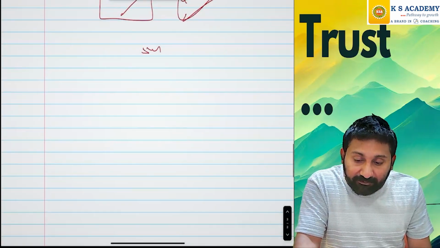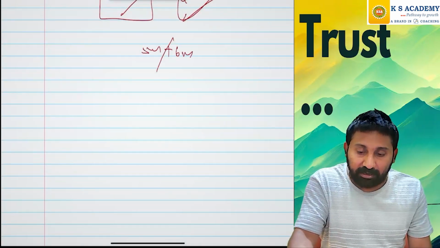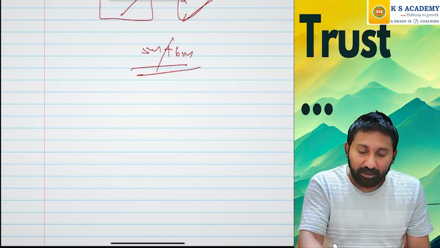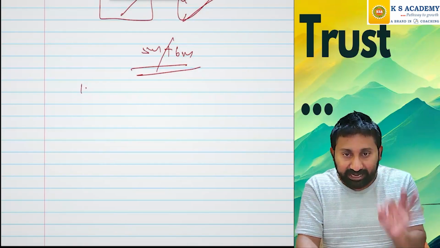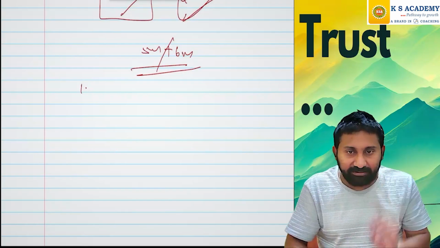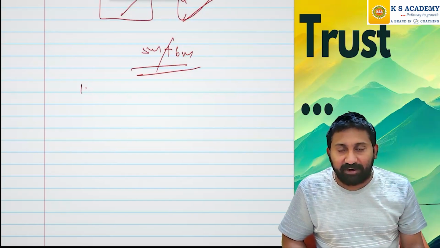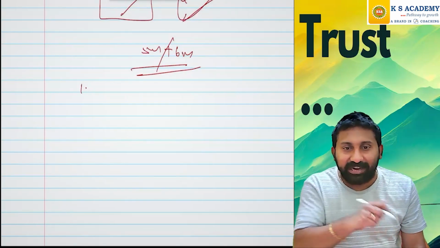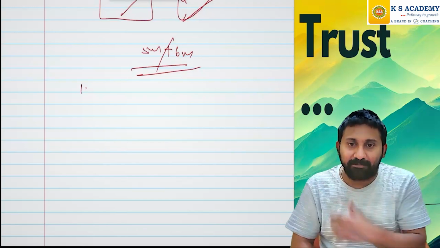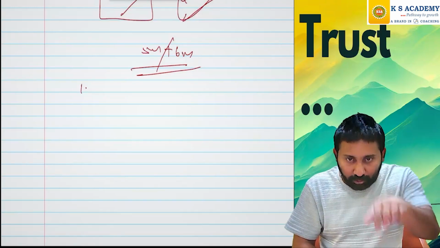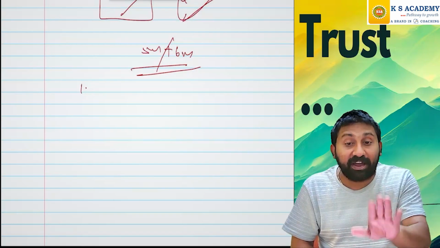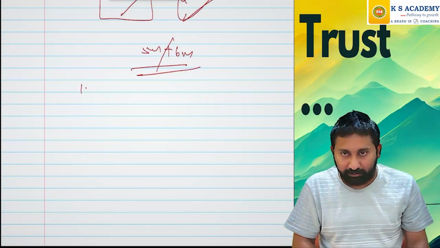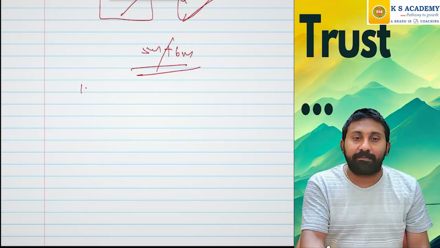Question came for 5 marks or 6 marks. Then how to present? First, don't waste time in writing the facts of the case. Reason I will tell you. Already the question paper facts will be given. Why do you have to write again? And the valuing person doesn't know now what the facts of the case are, and you should make them learn about the facts. So don't waste time. For facts of the case, half a mark also they don't give. Okay? So don't waste time in the facts of the case.